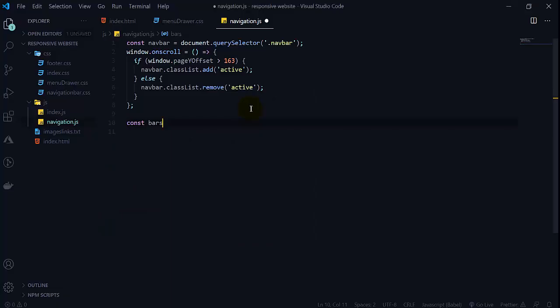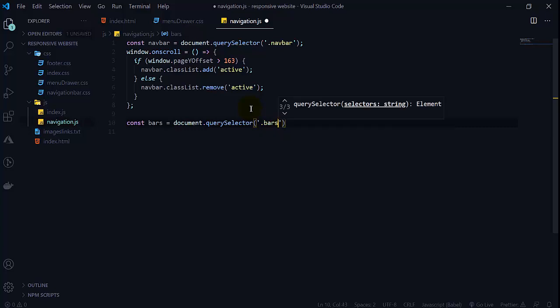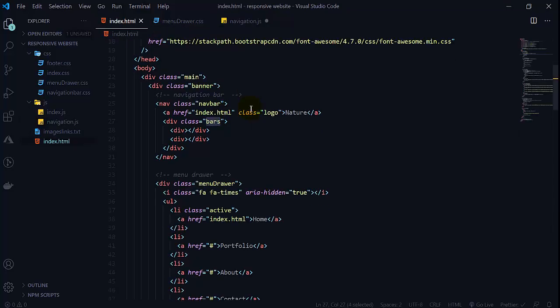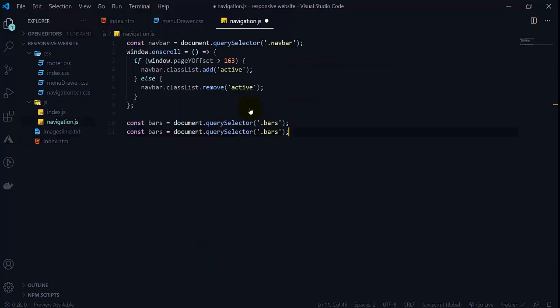This is having a class bar, so we will use document.querySelector, because it will work like our jQuery here. So here we will use our class, which is bars. So copy and paste this. Now we want our menu drawer here, so copy this, because when we click on the button here, we want it to affect the menu drawer.